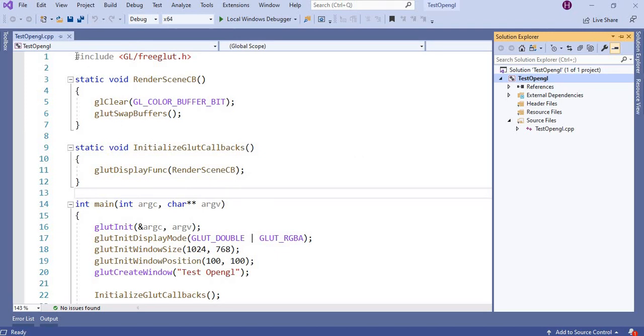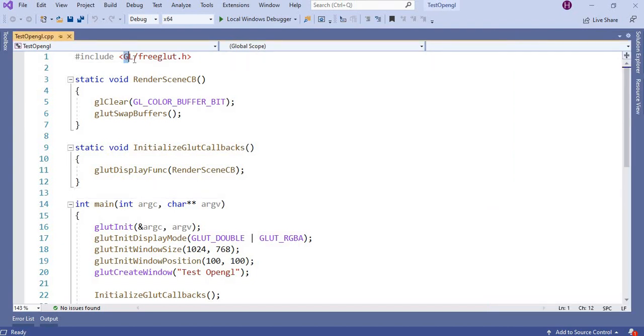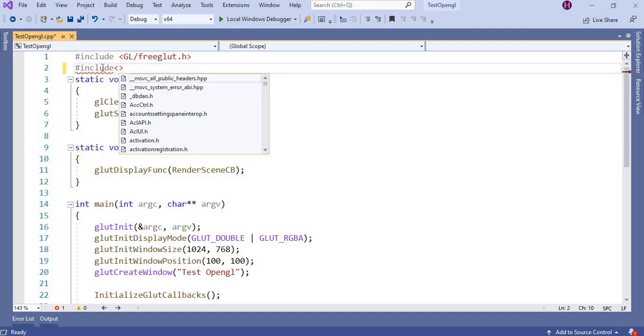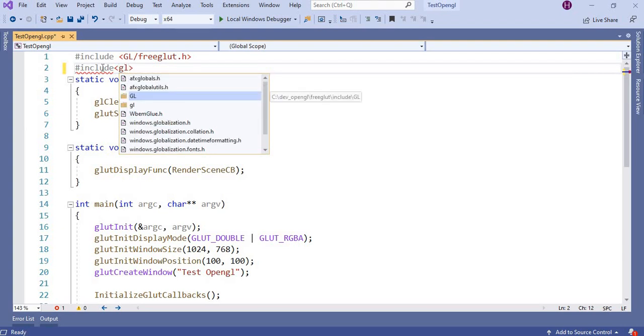And then include a header file. You have given the path till include, not given the path till GL. So GL/freeglut.h. I'll again show you, because you added that in properties include, as you type GL, so now GL has come.